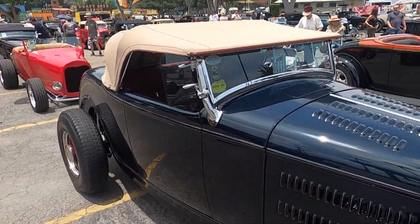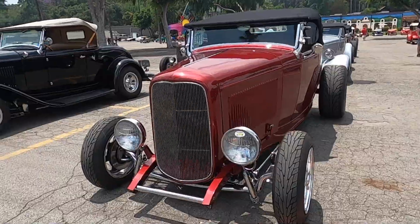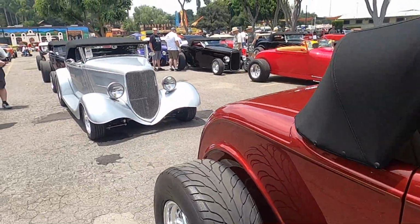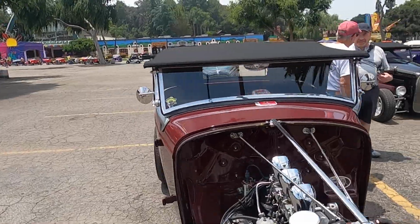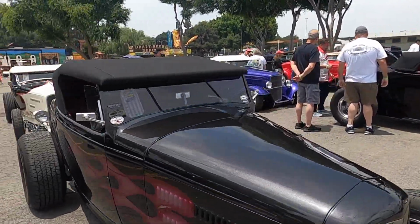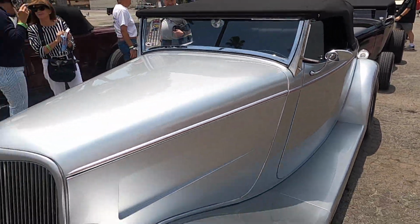So, I guess that's one of the neat things about these cars, every single one is an expression from the owner builder about what they think it should be and their priorities. Where are they putting their time and money? What aesthetics appeal to them? What are their intentions? What are their plans for the car? And it's a mixed bag. You see a lot of really cool things, a lot of things you're kind of like, I wonder why they did that. But every single one of these cars is someone's pride and joy and dream come true,